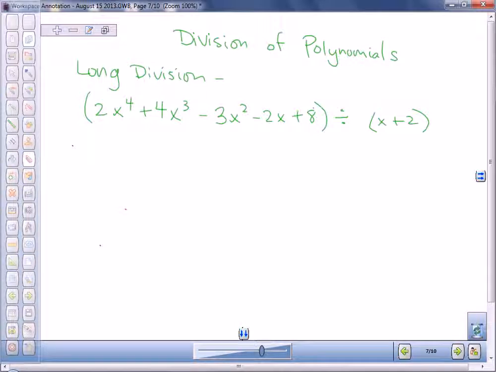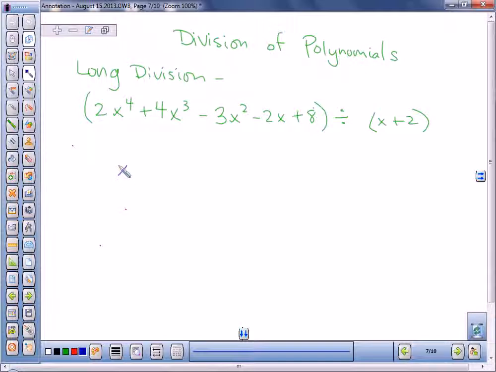Polynomial x plus 2. And it will be dividing into